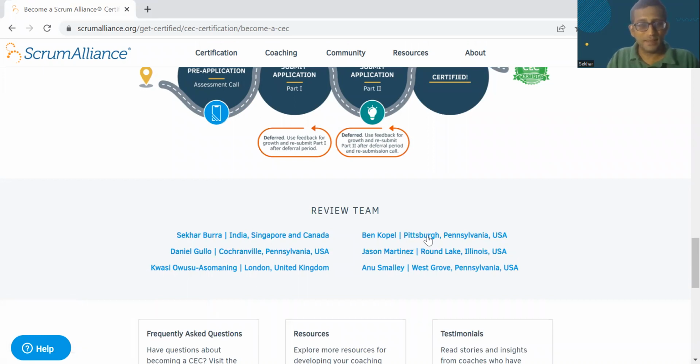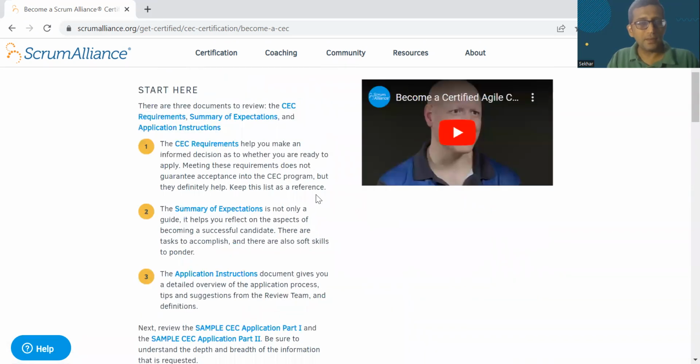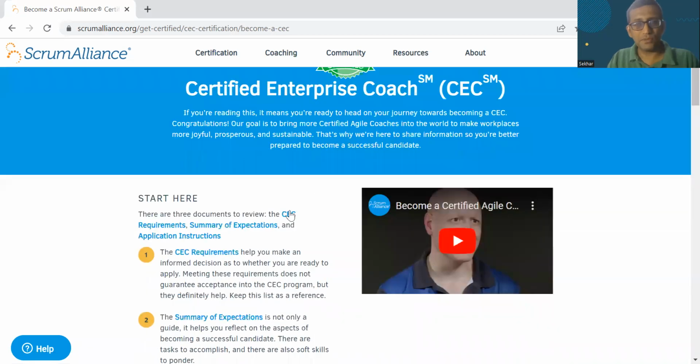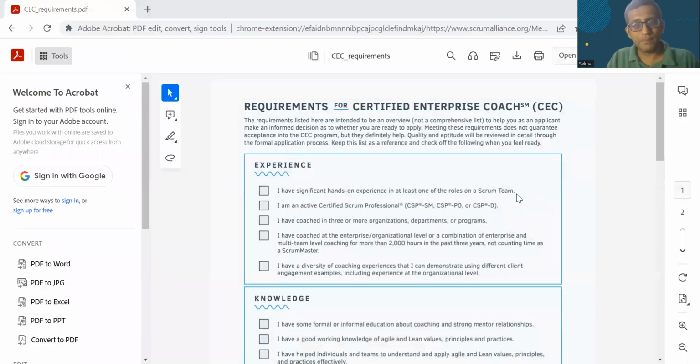Here's the review team that we have on Scrum Alliance, and I'm included here as well. So if you scroll up, what are some of the requirements to apply for a CEC? If I click on this link, you get a PDF that you can download. So some of the requirements,